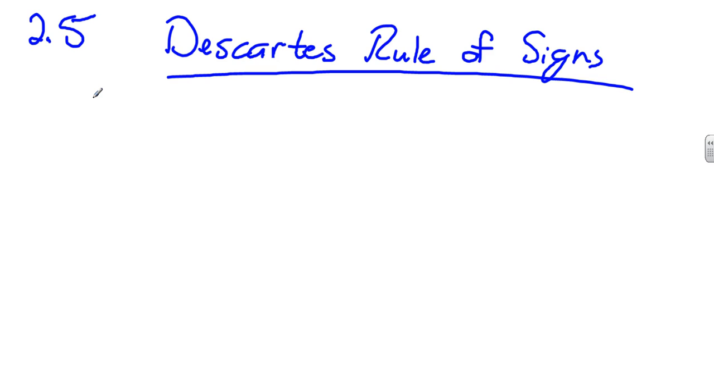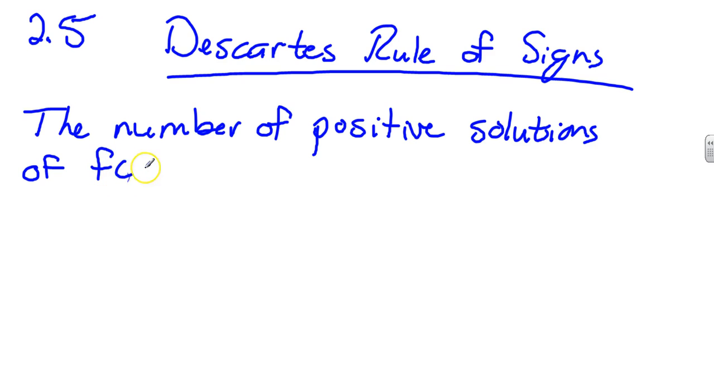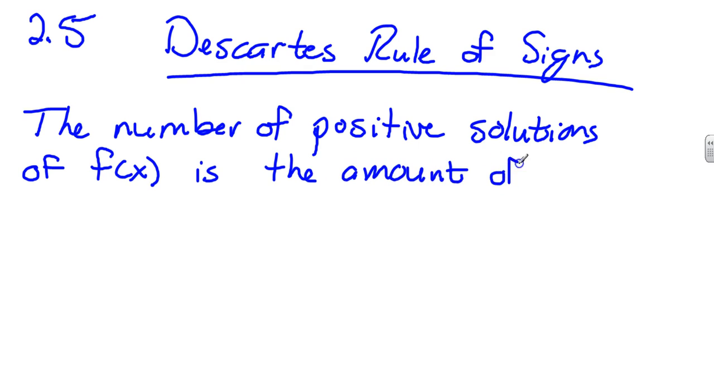But basically, here's what it is. There's two parts to it. Basically, they say, here's what you've got for this one. It's the possible number of positive solutions of f of x is the amount of plus or minus sign changes